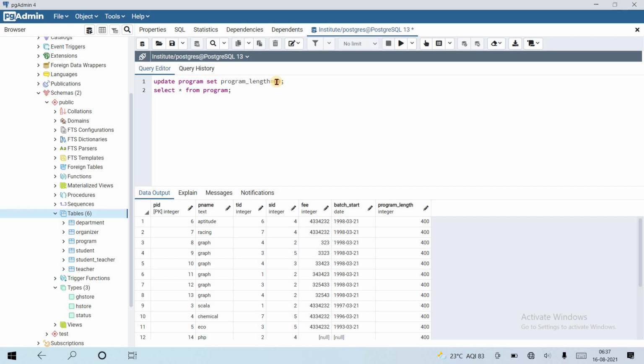Okay, now change some values to be different so that we can easily understand.